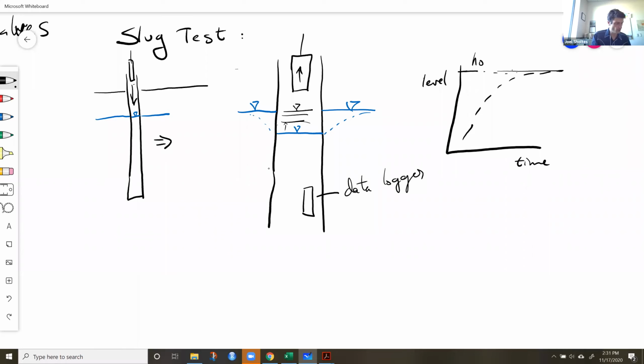So the slug test works for aquifers with lower hydraulic conductivities. So if you do a well anywhere outside of the floodplain here, you've got that nice clay stuff. Either it's the Morrison Formation or something else. You're gonna have pretty low hydraulic conductivities, and so you might need to do a slug test. It might take hours for this to recover, right? And so that's one test you can do within the well. Again, that's going to be covered in the handout that I'm posting on the modules here.